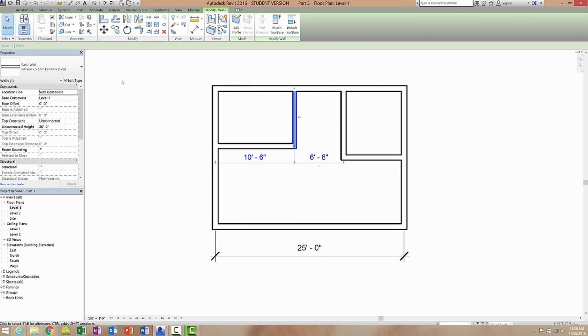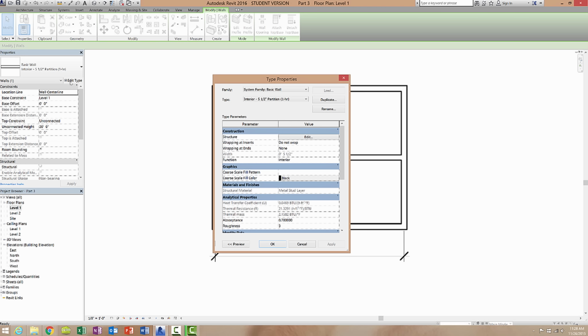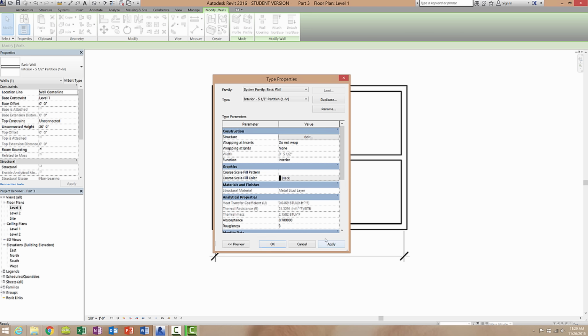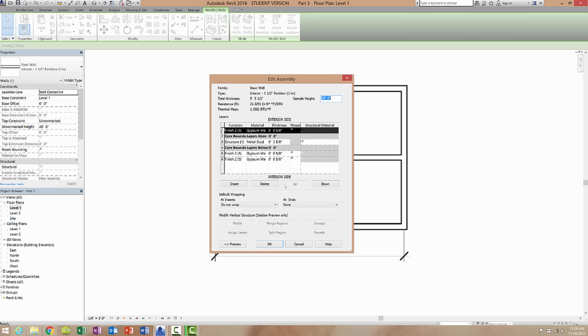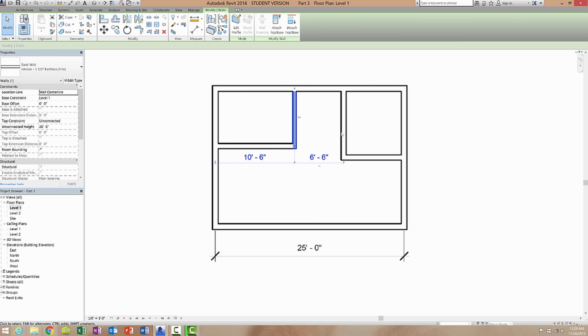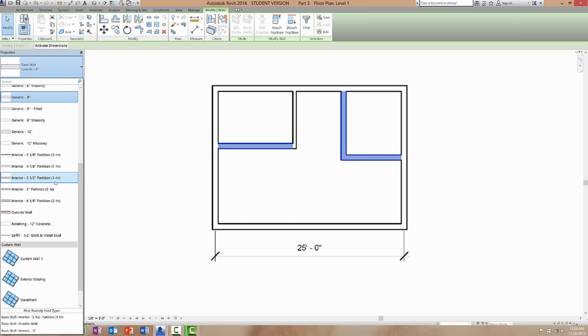Similar to the outside walls, if I check the structure by clicking Edit Type and then editing the structure, you'll notice that we have some things here, but we can also add more if we wanted to. Now actually this is a pretty nicely designed wall. It's got metal, it's got our gypsum on both sides, so this is actually a really nice interior wall, and I'm actually not going to change it. But if you wanted to, you could put some insulation in between it. That's perfectly fine. So I'm going to change that wall and these walls as well to those interior wall partitions,